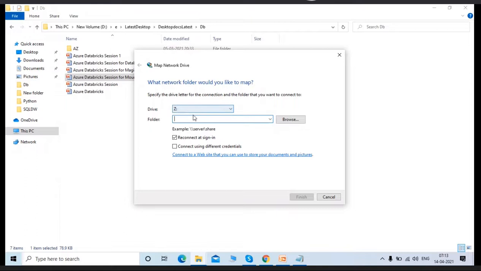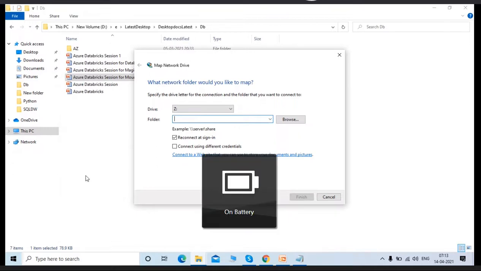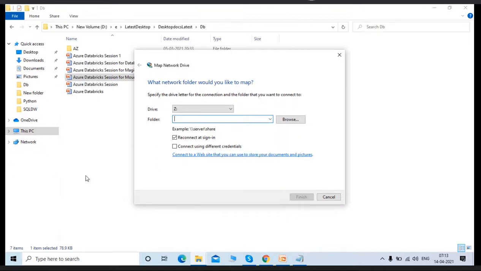So the usage of the map network drive in your local machine is kind of easy access, but only a logical representation in your local folder, while physically the data is available elsewhere. Every time I don't want to open my portal and my storage account when I want to copy files from local to storage. So I can use the ADLS